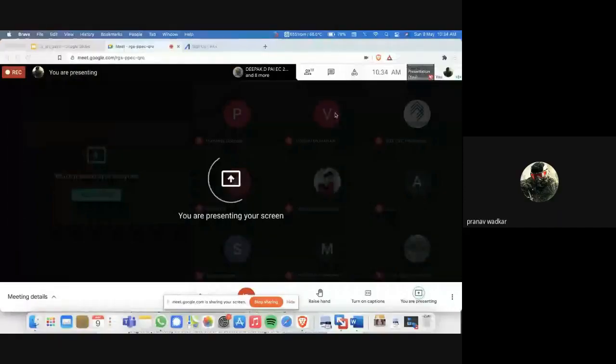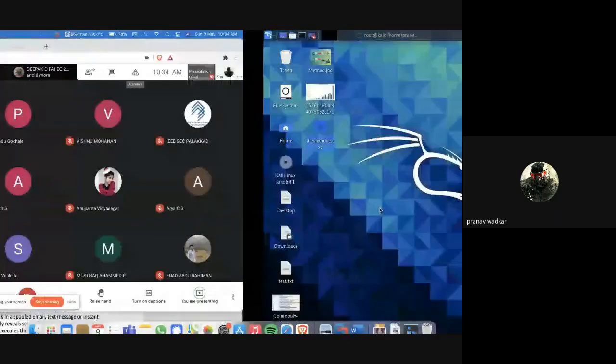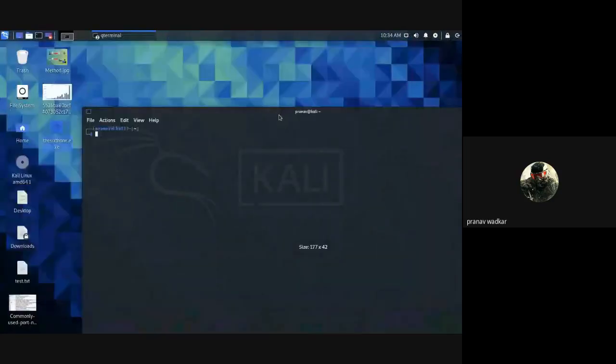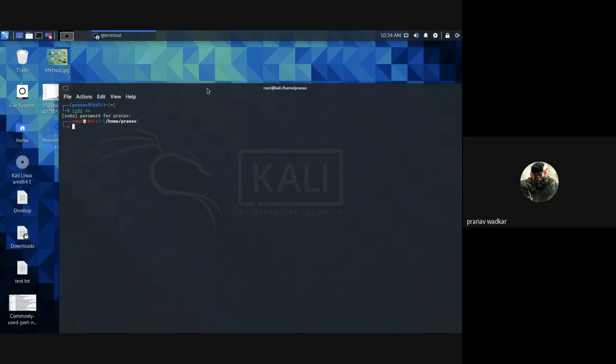I guess the whole screen is visible now. Yeah, so let's move to Kali. Kali also provides us with a tool called the SE toolkit. It's made for social engineering attacks itself. So let's move towards that SE toolkit.